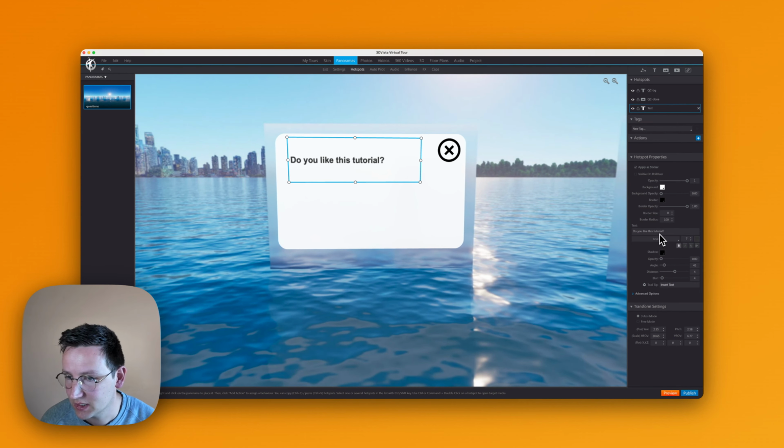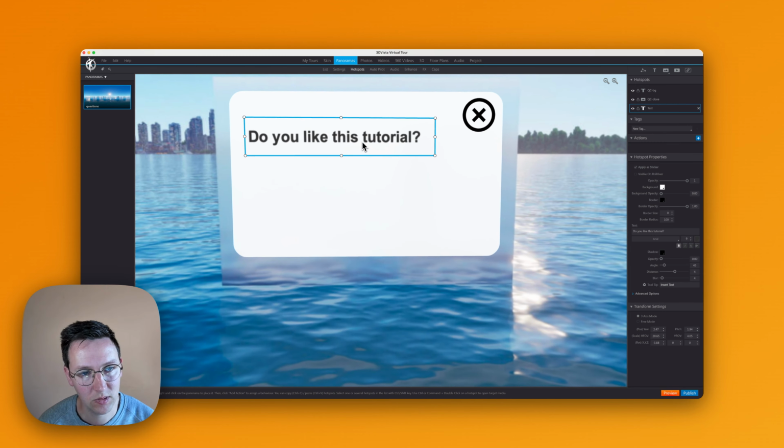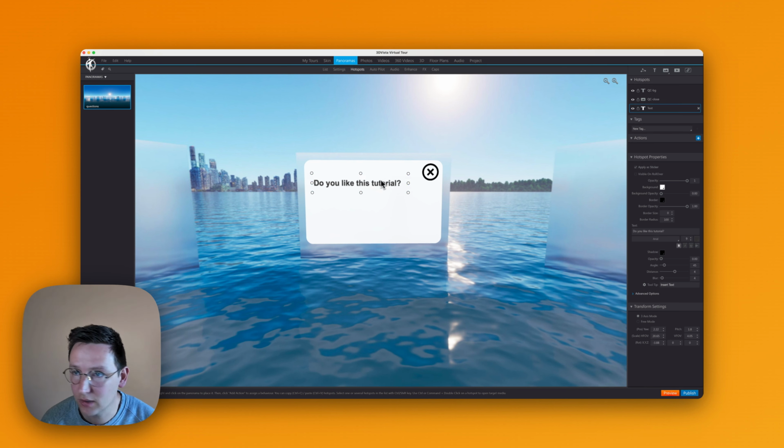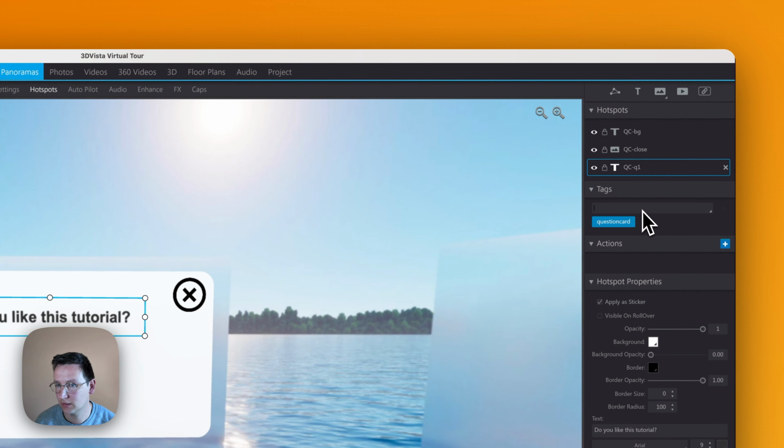Okay. This is going to be a little bit bigger font. I'm going to keep this bold. I'm going to rotate this a little bit like so. Make it a bit smaller. And however, I'm going to further design this. Now I've got this thing over here. So it's a QC question 1, Q1. And I'll be adding the text question card and